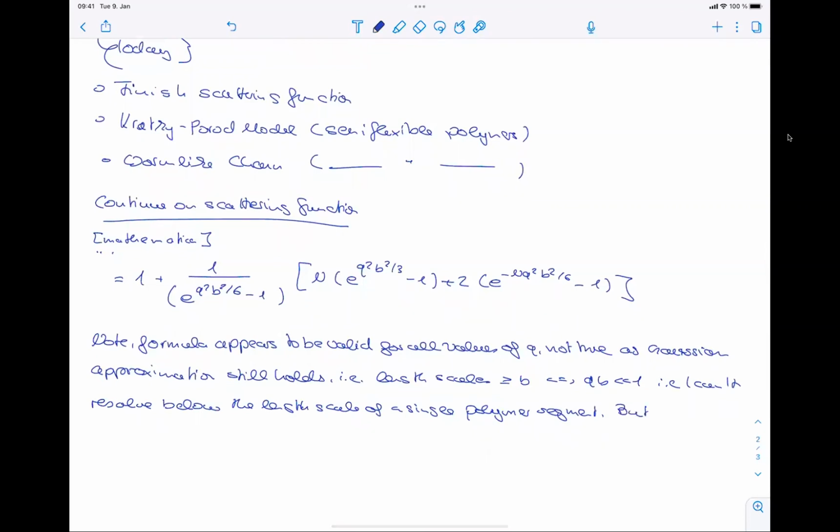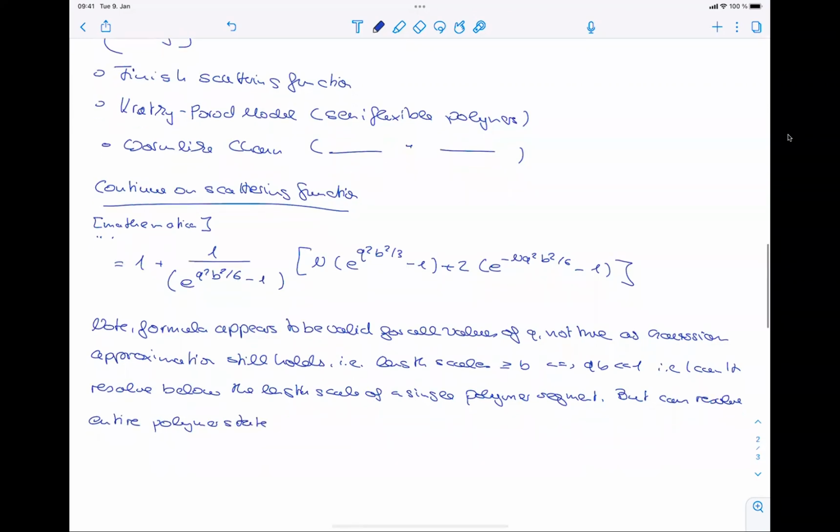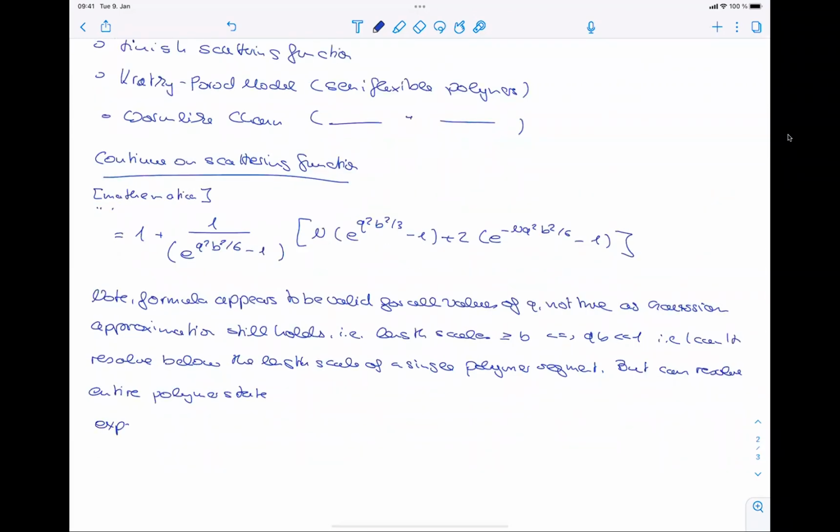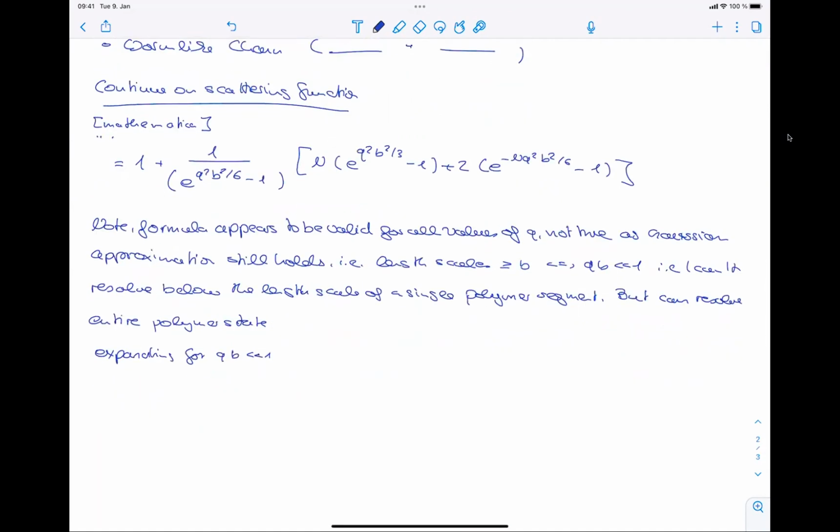But it's good to resolve the entire polymer state. And so now expanding for QB smaller than 1, note, non-dimensional parameter, we get then SQ is equal to 1 plus